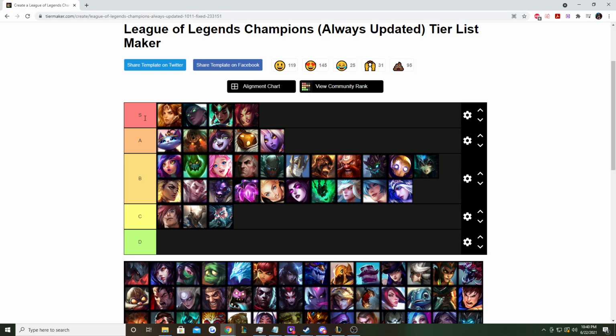B tier are just generically okay-ish champions that don't have great strengths. If you pick them, you can make them work, but I'm personally not recommending them as they're either a little bit more difficult to get value out of, or they're generally just not as good. And C tier is kind of just, you probably shouldn't be playing these champions at all. So what we'll do is tackle the S tiers first,